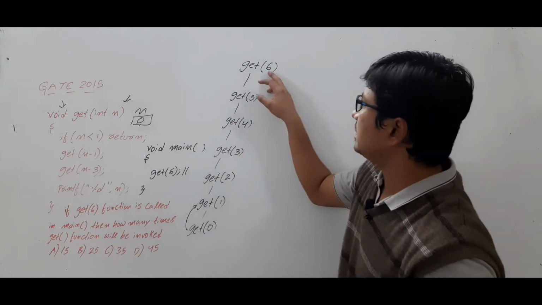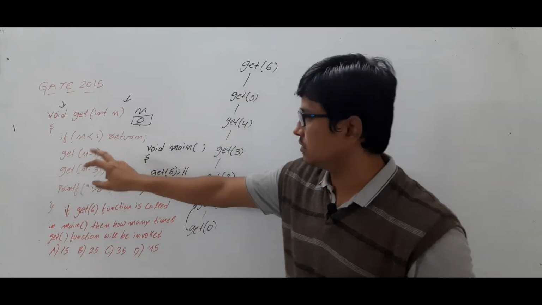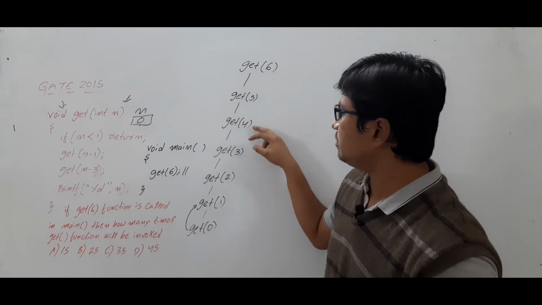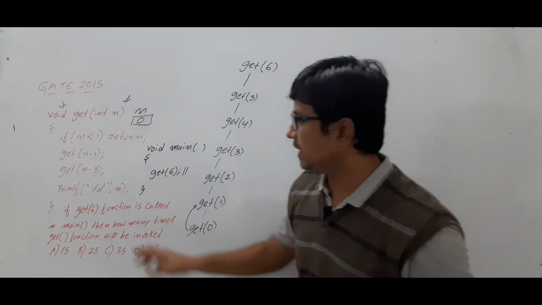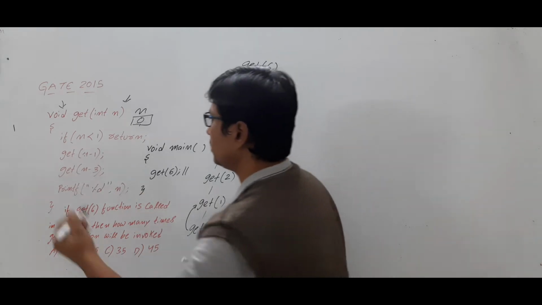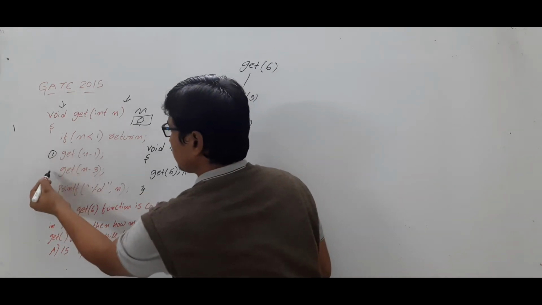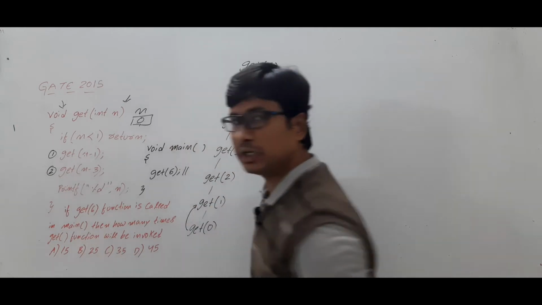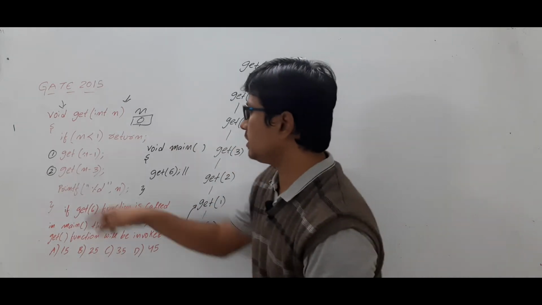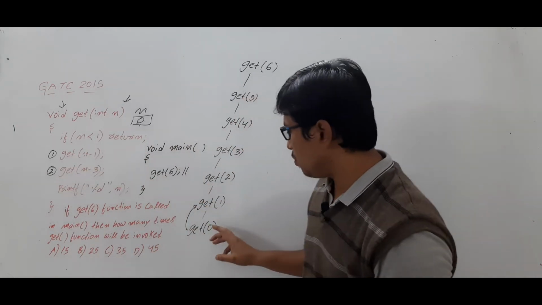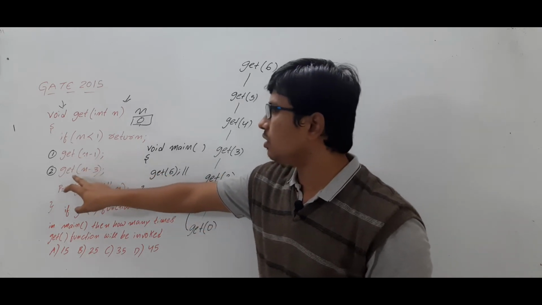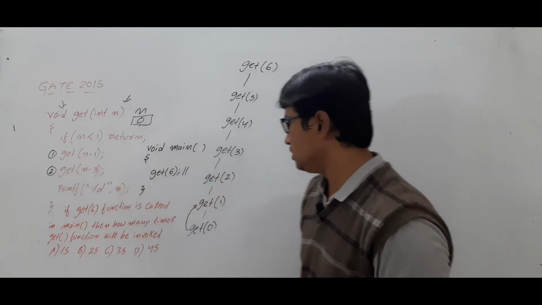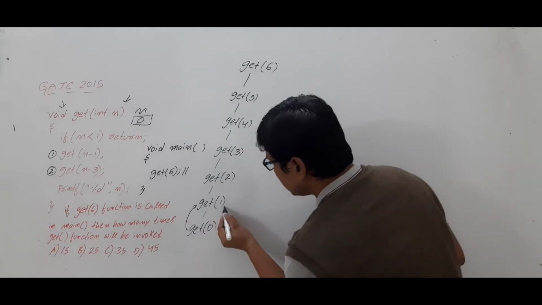Look at here. Get 6 is called get n minus 1. Get 5 is called get 4. Get 3, get 2, get 1, get 0. But this is the one statement. But none of the function calls you did, you did not execute this statement too, because every time it is calling get n minus 1. Once it is written back, once this one is done, you need to call the get n minus 3. So this get 1